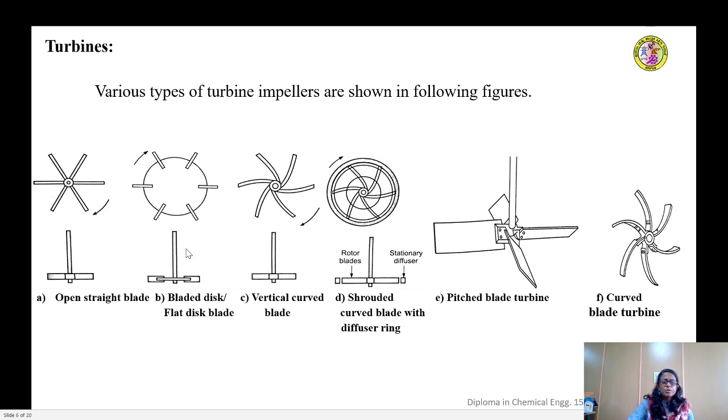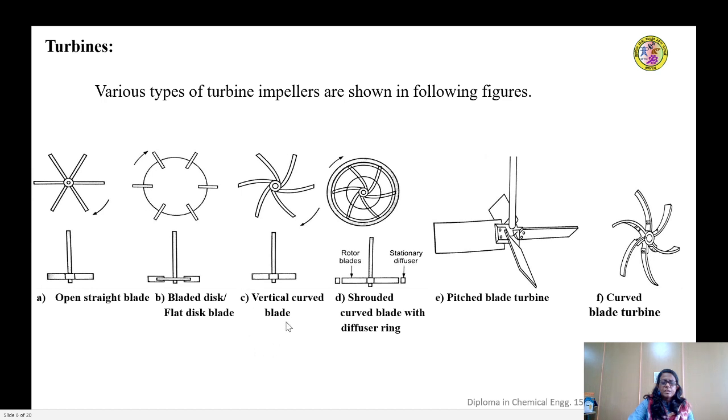Figure B shows another type of turbine impeller. Here, instead of a central hub, we have a disc attached to the vertical shaft, and small flat rectangular shaped blades are fixed to the disc that create the required impelling action